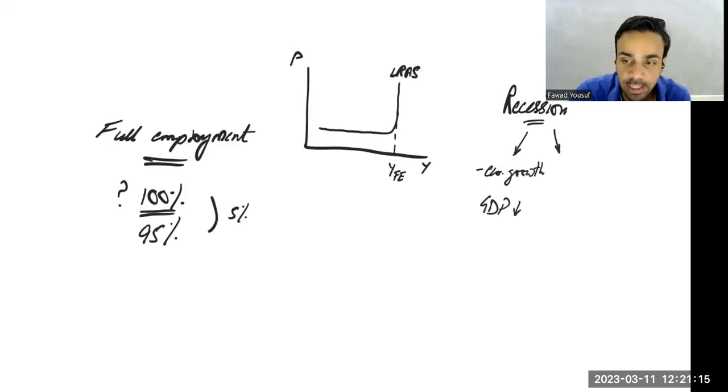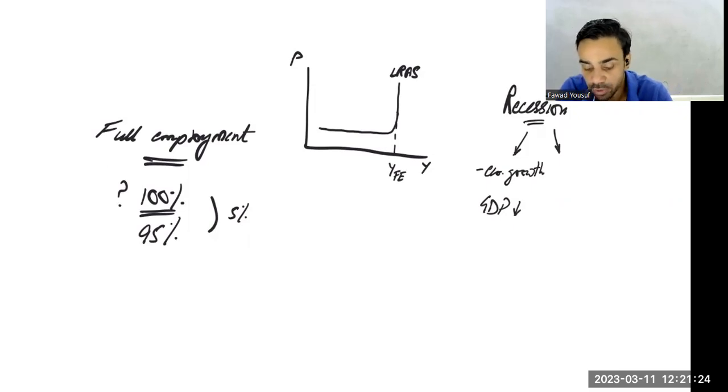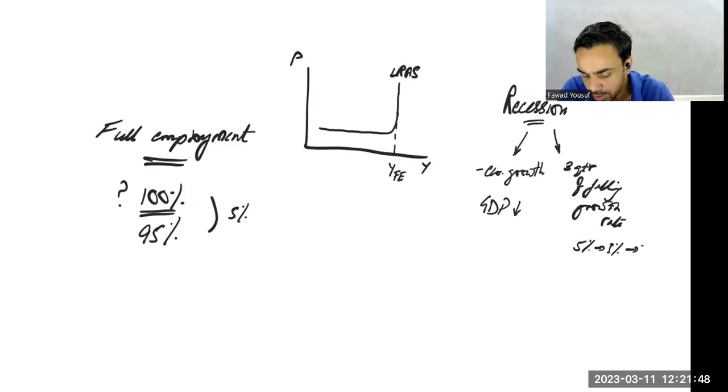Like your country is going to grow negative 2%. That means compared to last year's production, this year there's a 2% reduction. One way is that's what recession is. Another way of looking at it is that you may have 3 quarters of a year, that's 9 months, of falling growth rate. So that's sort of like 5% to 3% to 2%. 3 quarters consecutively, you have a falling economic growth rate. What's happening to GDP? Well, GDP is rising, but at a slower rate.